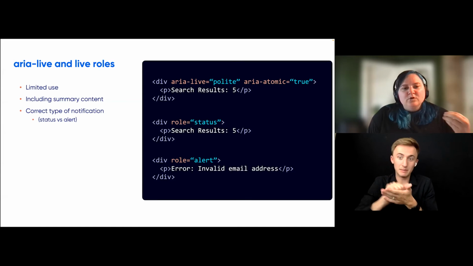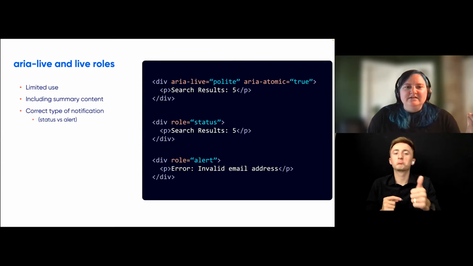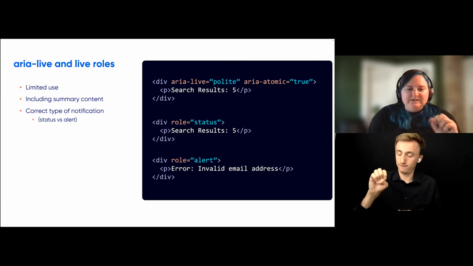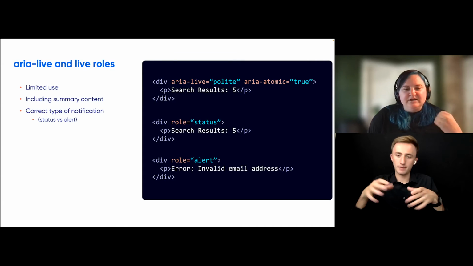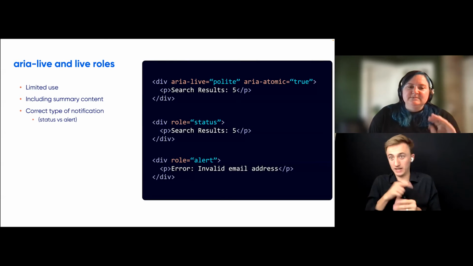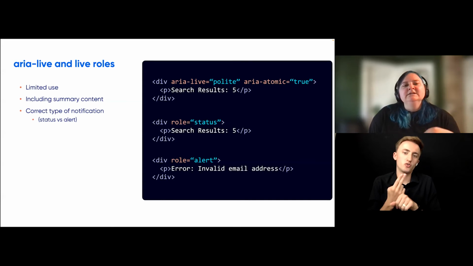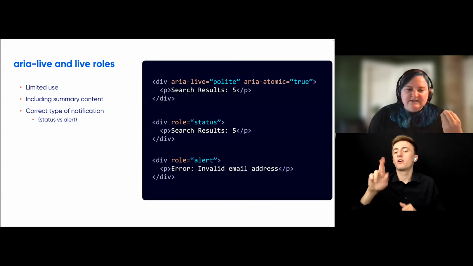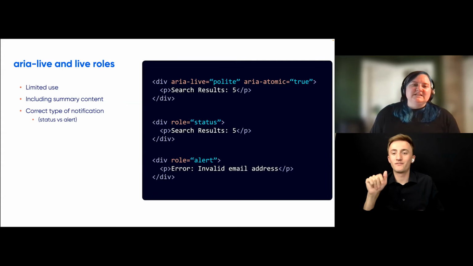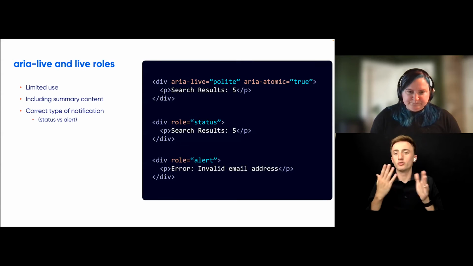So role alert is the correct role here. That would be if you wanted to set ARIA Live to assertive and ARIA Atomic true. Those are the properties that are wrapped and packaged into that role. No need to be redundant on them. Again, all things we need to verify if these exist. This is a big problem if we do it incorrectly for end users. So again, pay close attention to ARIA Live. It's a valuable task within your code review process to take a look at these things, make sure the user is getting the best experience possible.